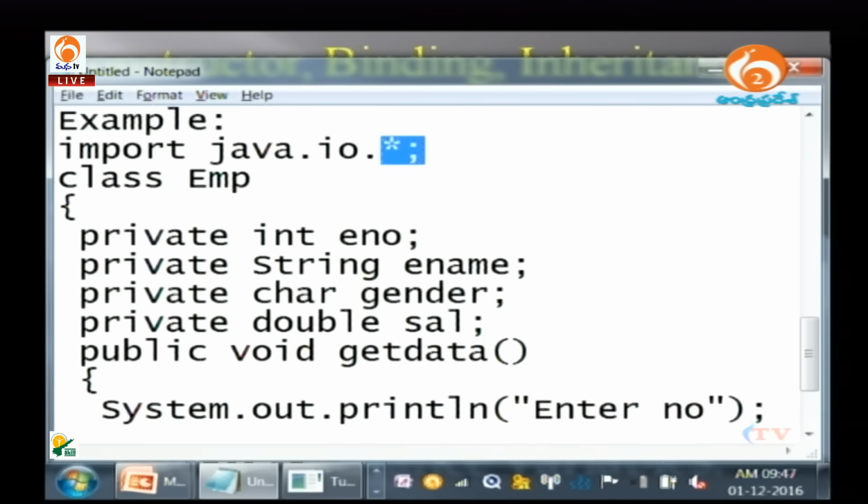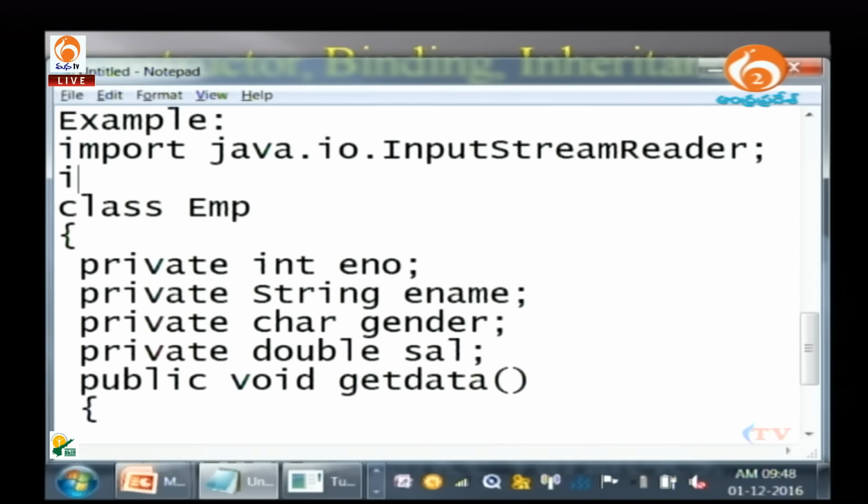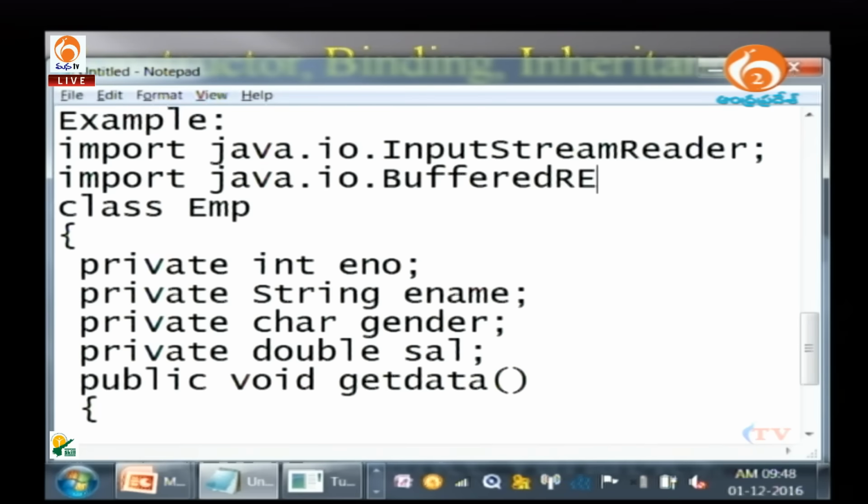Here I will write InputStreamReader; import java.io.BufferedReader;